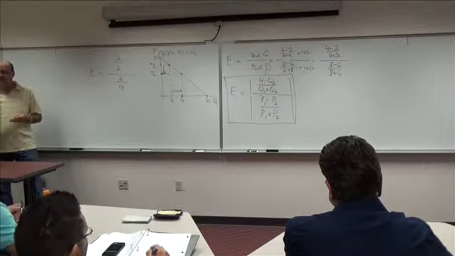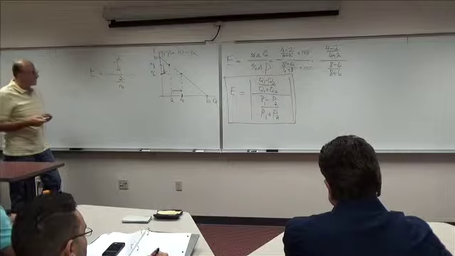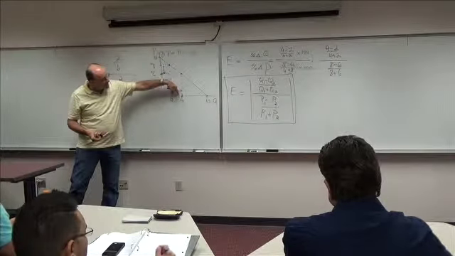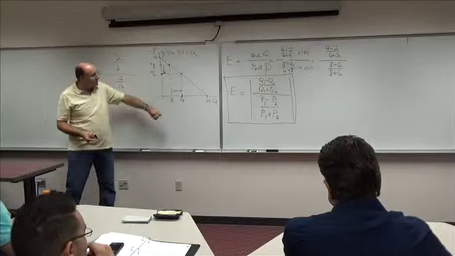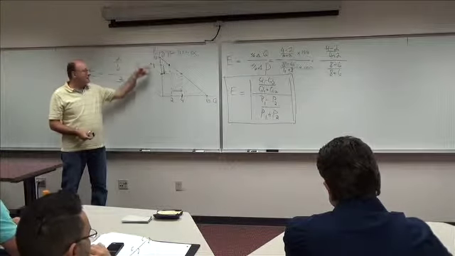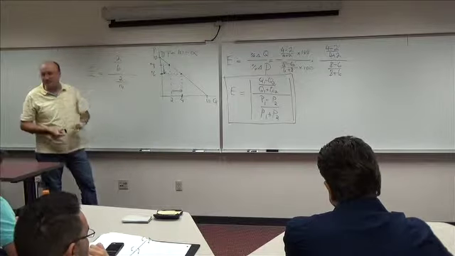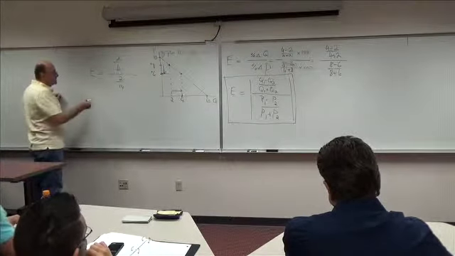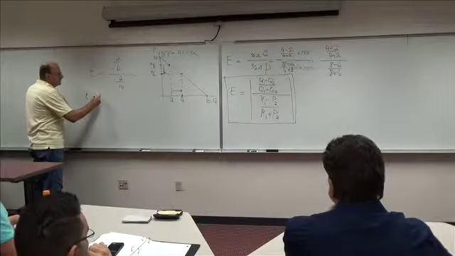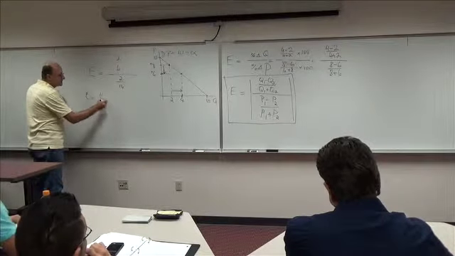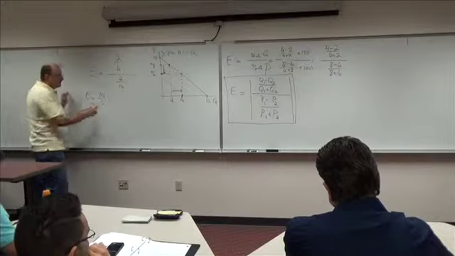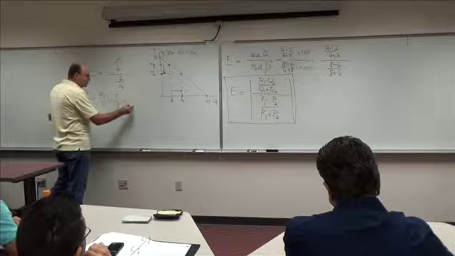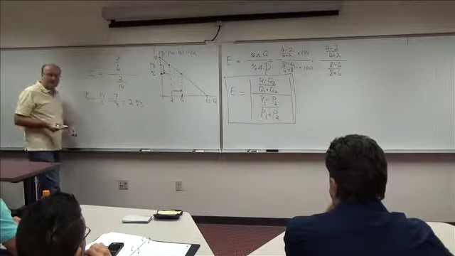That makes sense? That's how you calculate it. 2 divided by 6, the whole thing divided by 2 divided by 14. Okay? And of course, when you crunch numbers, what do you get? It's 14 divided by 6, which is 7 divided by 3, which is 2.33, something like that, right?